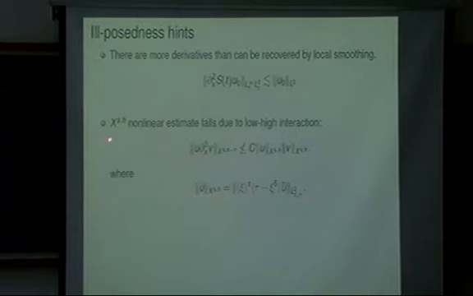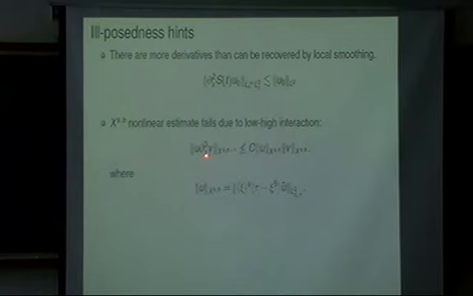But for the fifth order equation, because we have too many derivatives, that estimate is not true. The counterexample of this nonlinear estimate is a low-high interaction. When the function u has a pretty low frequency, and v has a pretty high frequency, all the derivatives fall on the high frequency function, so u low frequency times high frequency could be some big number. And the right-hand side, there is no derivative.